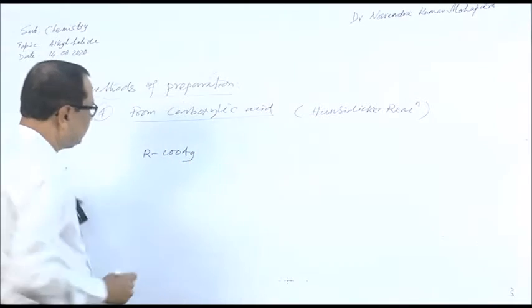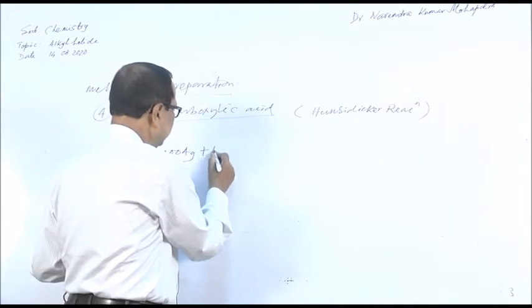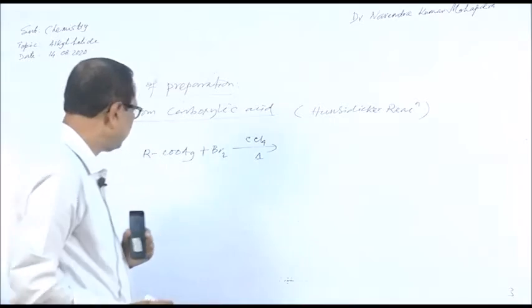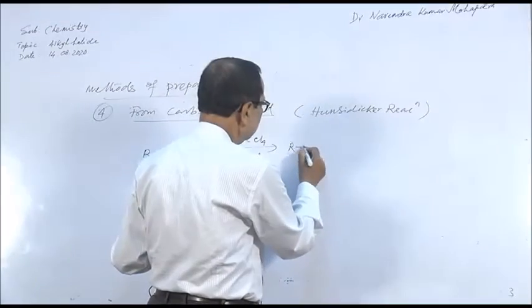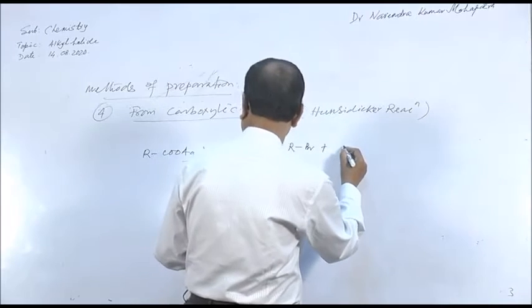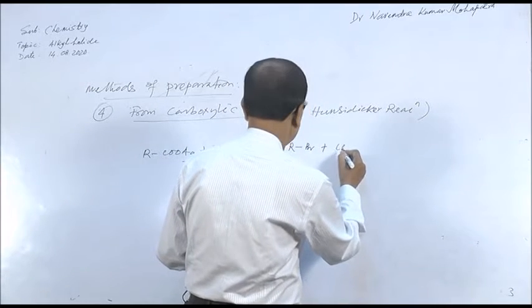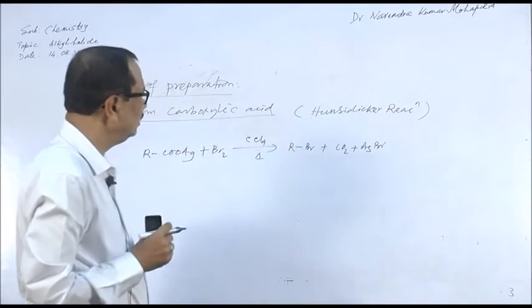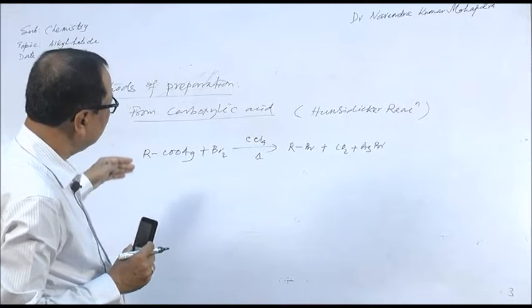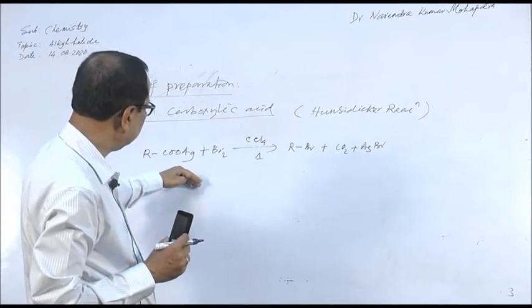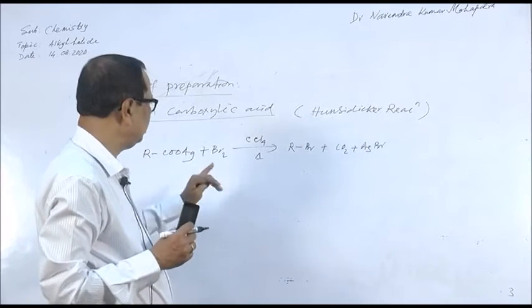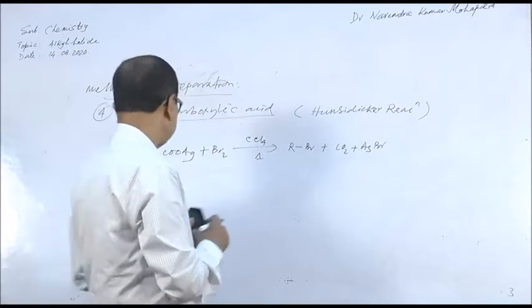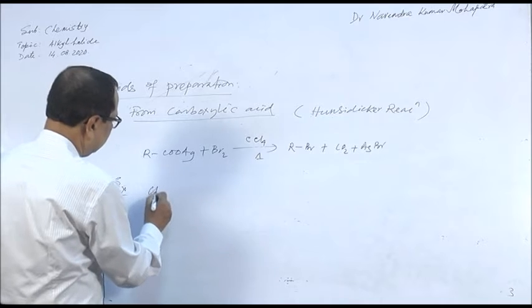That is, RCOOAg, the silver salt of a carboxylic acid, when heated with bromine in the presence of carbon tetrachloride, the product formed will be RBr plus carbon dioxide plus AgBr. So this is an exclusive reaction for preparation of bromide from carboxylic acid, that is, the silver salt of a carboxylic acid treated with bromine in a neutral reaction medium, carbon tetrachloride, gives alkyl bromide. A particular example is CH3